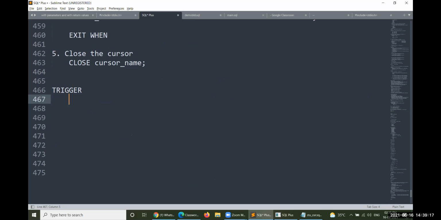Similarly here, if you execute any DML operation except select, so let me say insert, update, or delete happens, obviously the trigger which was created on the table will be automatically fired. You need not execute it. Automatically it could be executed. So that is the specialty of the trigger.